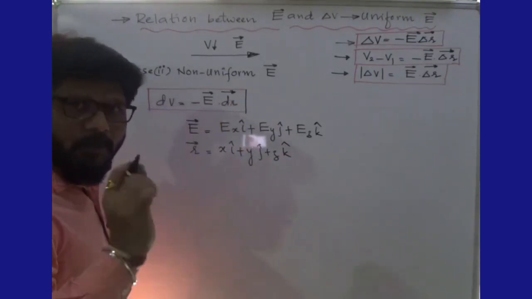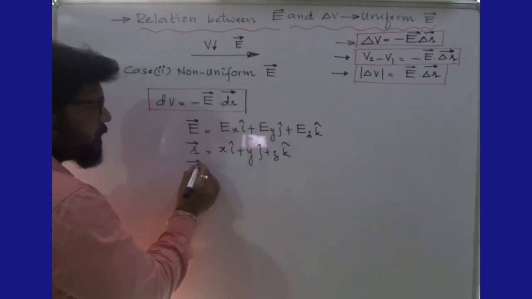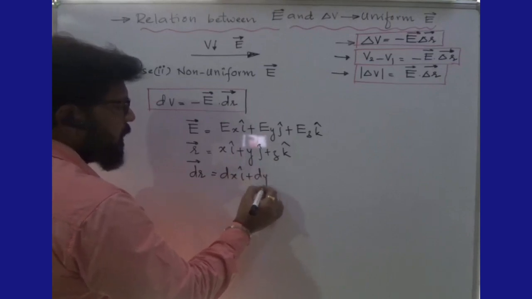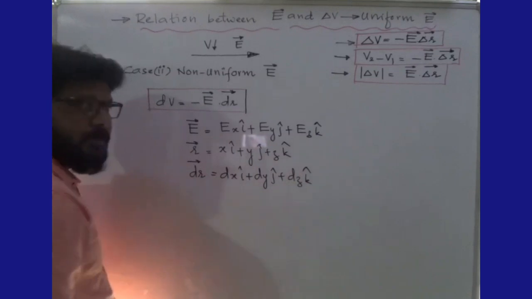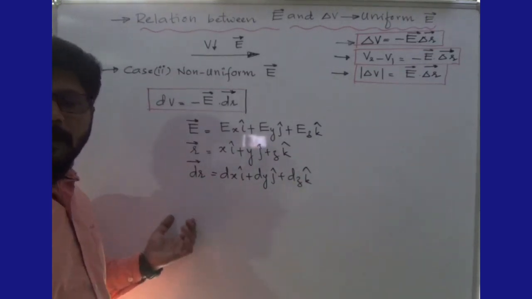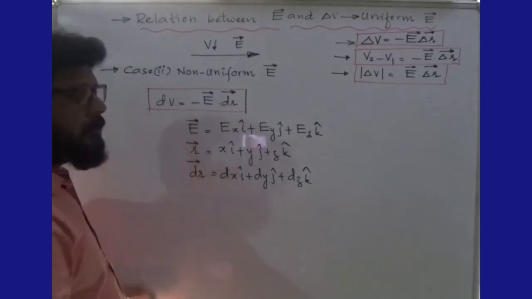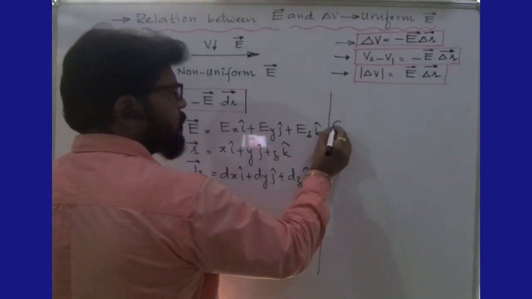This is nothing but small. So if it is small, dr can be calculated. Now dr is equal to dx i cap plus dy j cap plus dz k cap. Hope it is clear, right? Okay, so these two. Now what we require? We want dV now. Substitute in that one. So dV is equal to